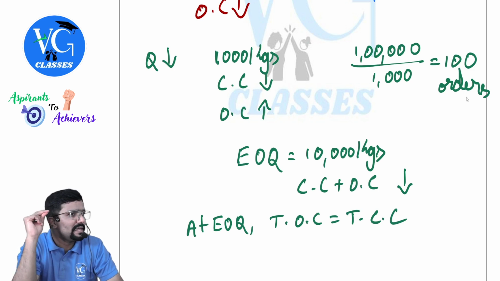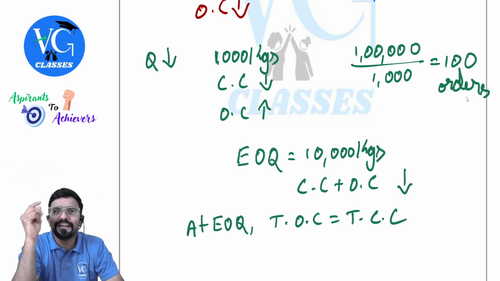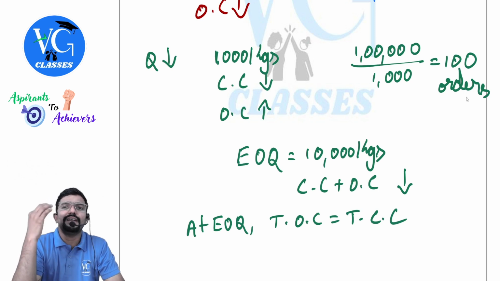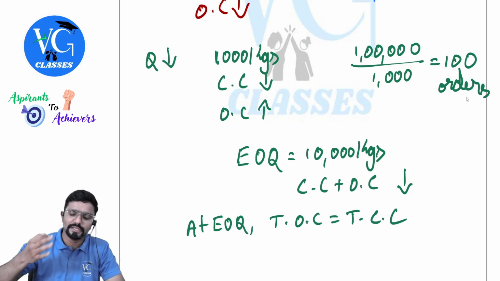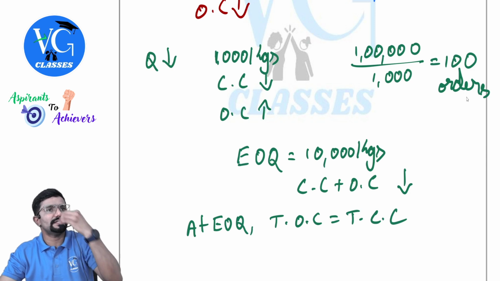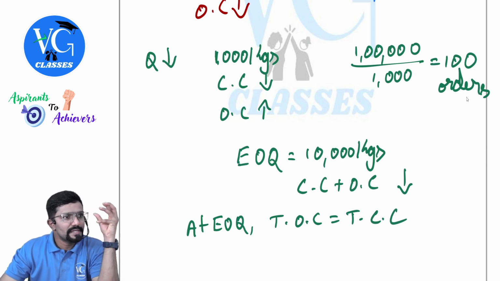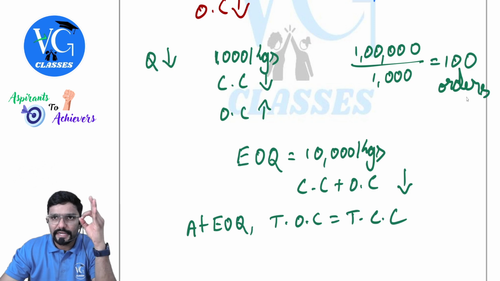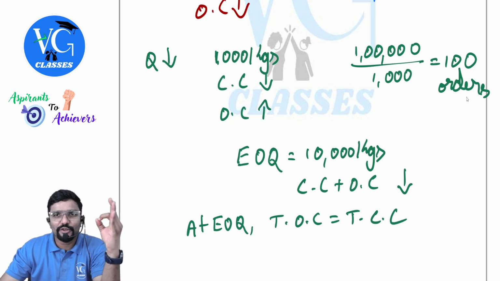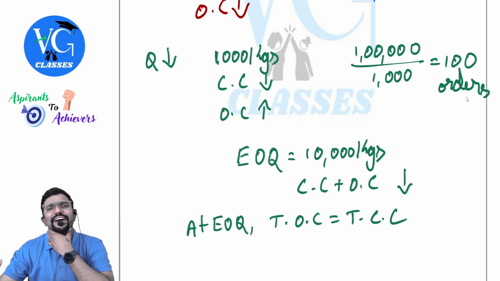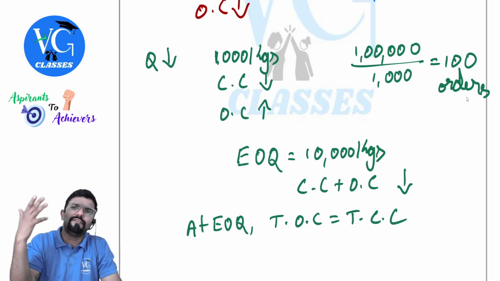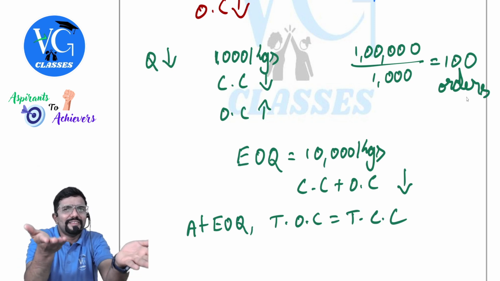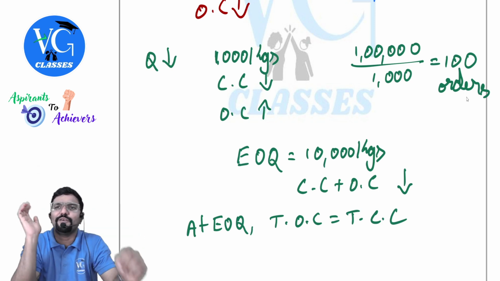Hope you understood. Clear? Now the company has to decide what their EOQ is and accordingly decide every time I am placing the order, how much I will place the order for: 10,000 kgs. Guys, see, listen. EOQ is the economic order quantity. This formula is suggesting that if you purchase 10,000 kgs, your cost would be minimum. If I follow the same and place the order for 10,000 kgs every time, I am smart, sir. If the formula is telling me 10,000 kgs, I am following it, sir.